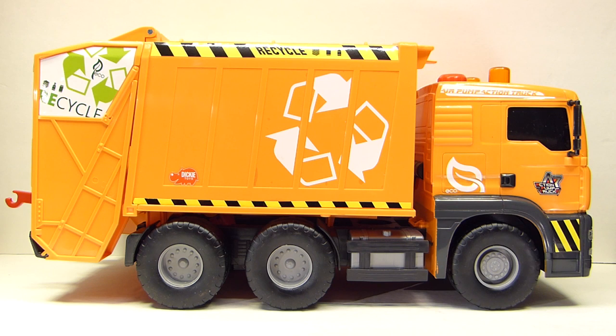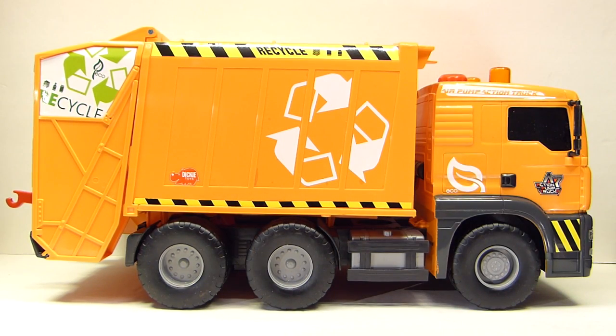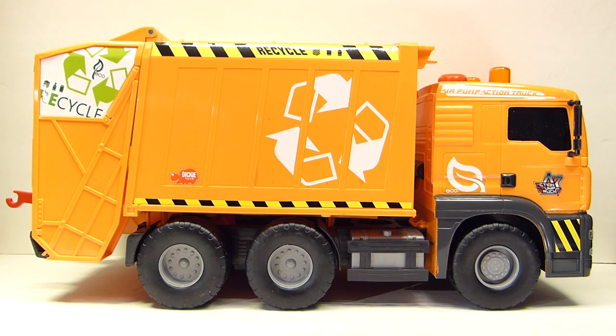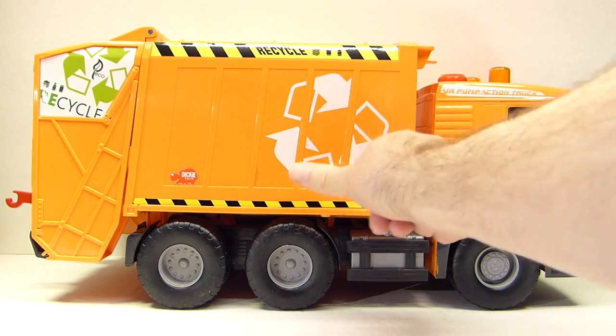Alright, so let's show the truck on all sides. This would be the passenger side. You can see it's got decals already on it for recycle here, and the caution striping on the side. It's got the Dickie Toys hippo, another recycle sticker up here. This looks to be one big decal that goes the whole length of these